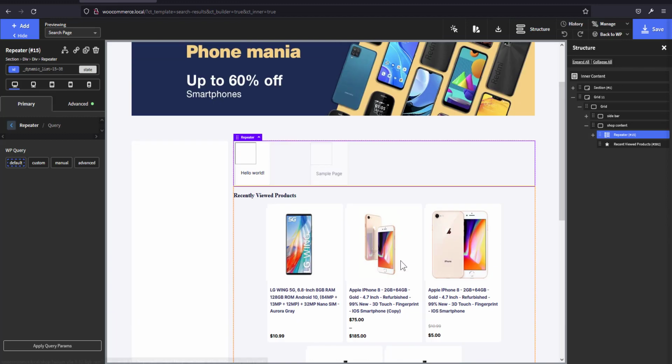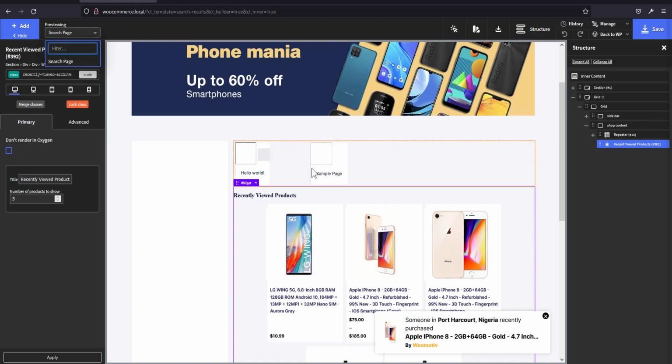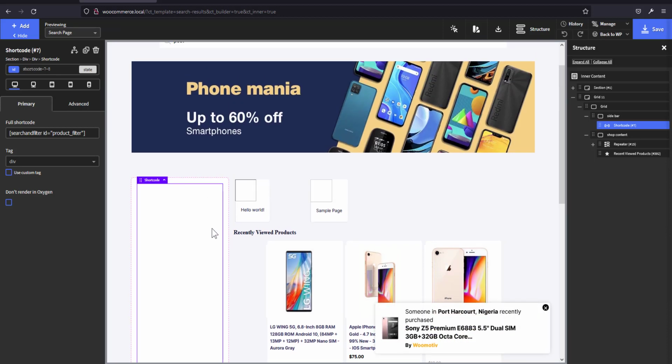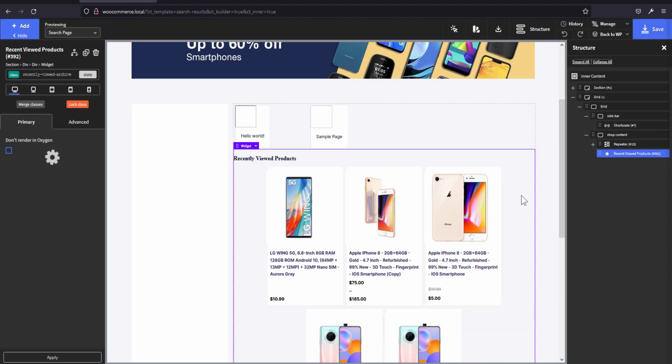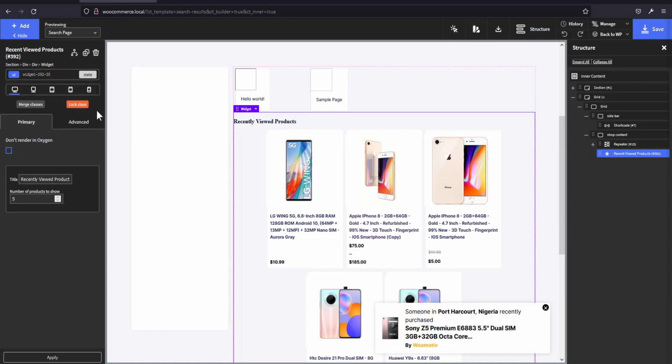Okay, first thing I'm going to do is take a look at the recently viewed. Now the search template, I noticed it has a weird behavior. It doesn't show the product, because it's a search template. It's not a product template, so it's going to show something, search page, and you're going to have this hello world and sample page. So just ignore it. And you can see that this shortcode is not even showing up. Of course it doesn't show up even in the archive page. So what I want to do is to change the way this behaves. This was set to align to center. Let's see what